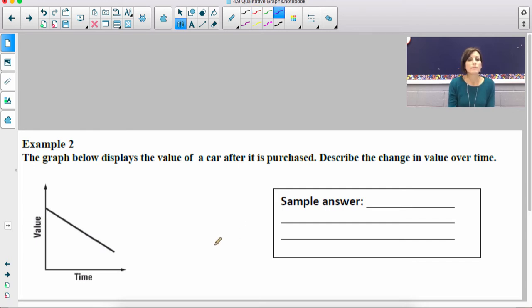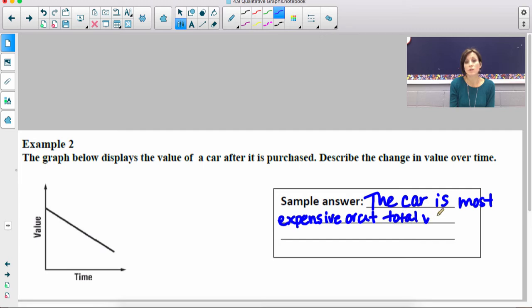The graph below displays the value of a car after it is purchased. Describe the change in value over time. So the car is most expensive, or at total value, whichever one you want to use, on the car lot. So sitting there at the dealership. Once the car is bought and driven,